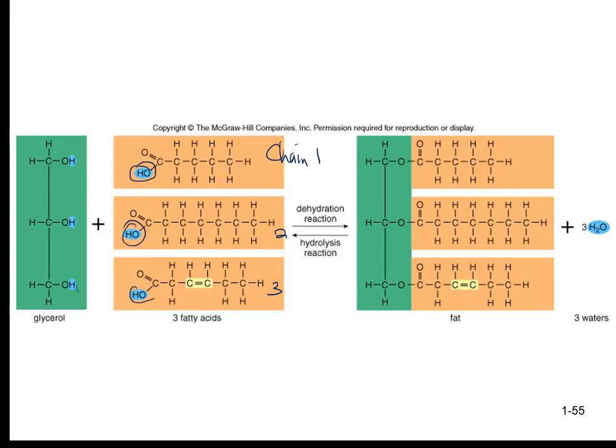This is a dehydration process again, while this one loses 1 hydrogen here. So in this dehydration process we are going to lose 3 waters. This is 1 water, 2 waters, 3 waters, to form what we call a fat, that is